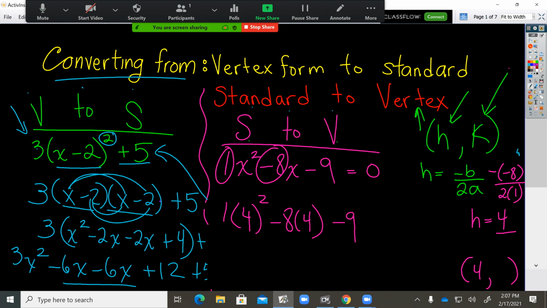So exponent first. 4 to the second power is 16 times 1 is 16. Negative 8 times 4 is negative 32. Now bring down your minus 9. Now 16 minus 32 is negative 16. Minus 9 is negative 25. Now that you have the vertex,